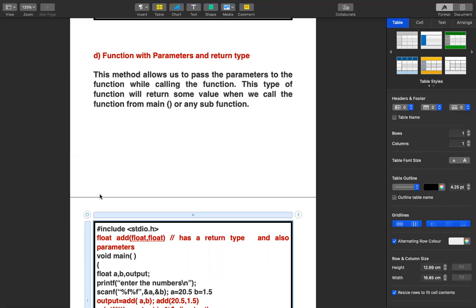According to the need, we can go for any of the 4, but at last the output of this program remains one and the same whether we approach the first type, second type, third type, or fourth type. Only the mechanism changes, but the output remains the same. So it's left to the programmer, according to the need, which approach out of these he has to follow. Okay? Thank you.